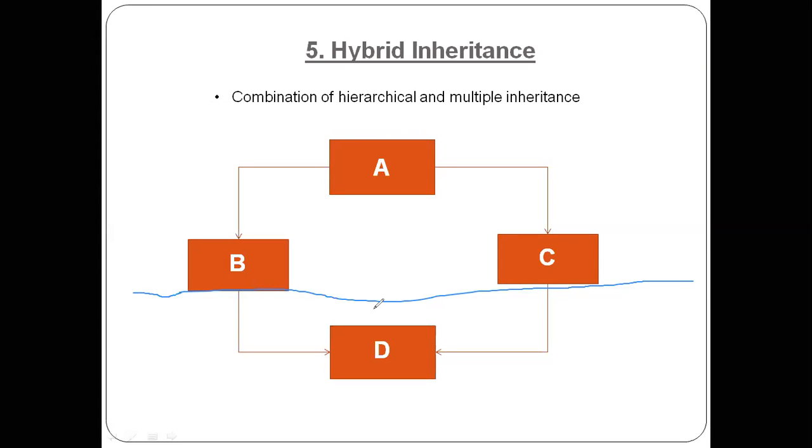So the first part, I will write it as part 1. This particular class A is going to derive two different classes, B and C. What is this type? This A is going to derive two different classes B and C. This one is nothing but hierarchical inheritance. Yes, guys, hierarchical: one base class and two different derived classes. Right now we have done with that.